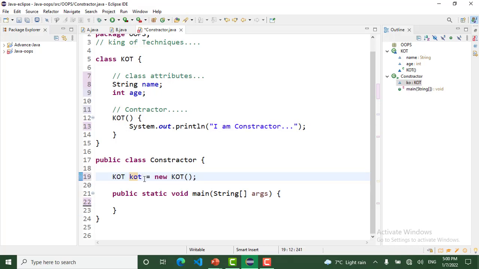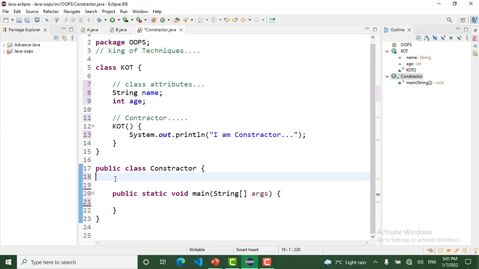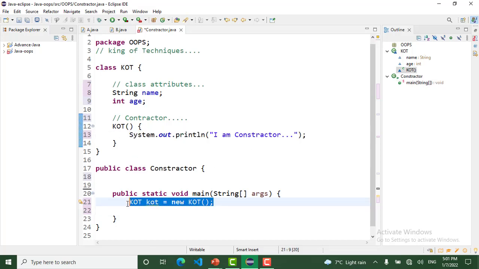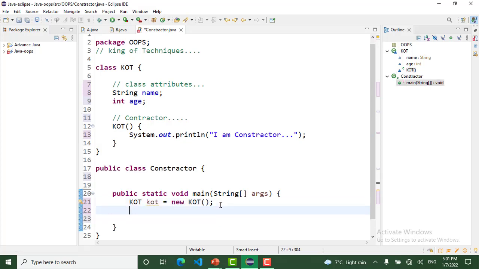Qt is my object. This is my main method. I create the object of this class. Now I want to call the constructor, but this constructor is automatically called. Now I want to have some system output print,